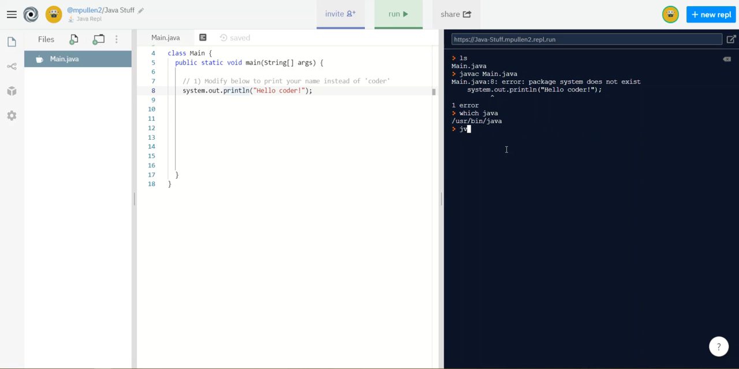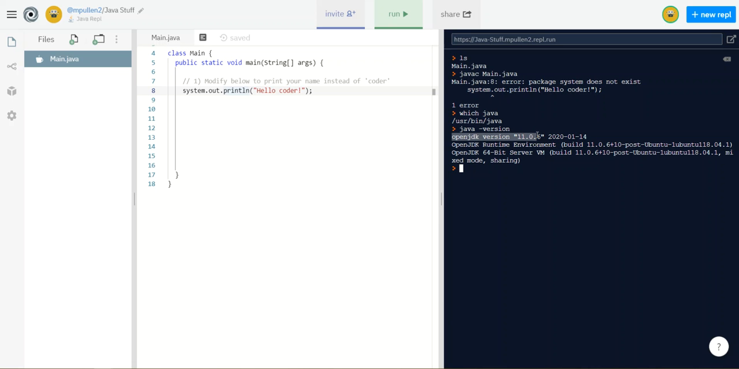But if you do a Java minus version, it'll tell you what version of Java you're running, which is kind of handy to know. So in this case, we're running OpenJDK version 11. So going back over to our program, just a few more things to get you kind of familiar with a